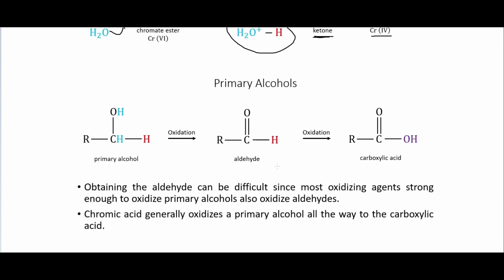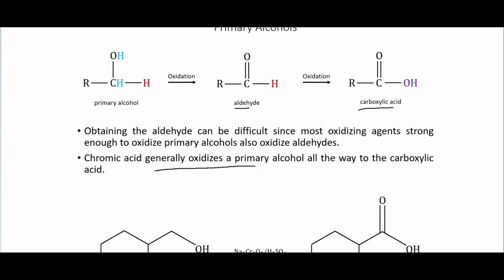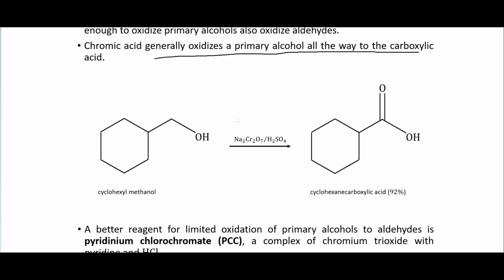With primary alcohols, we can go to an aldehyde or a carboxylic acid. What we'll find is that going to the carboxylic acid is easier, because once you get to the aldehyde, there's nothing that would really stop it from continuing to oxidize all the way to the carboxylic acid. But there are certain reagents we can use to stop at the aldehyde stage. Chromic acid, as I said, generally oxidizes a primary alcohol all the way to the carboxylic acid. So if we put our dichromate in and our H2SO4, this will turn this primary alcohol here all the way